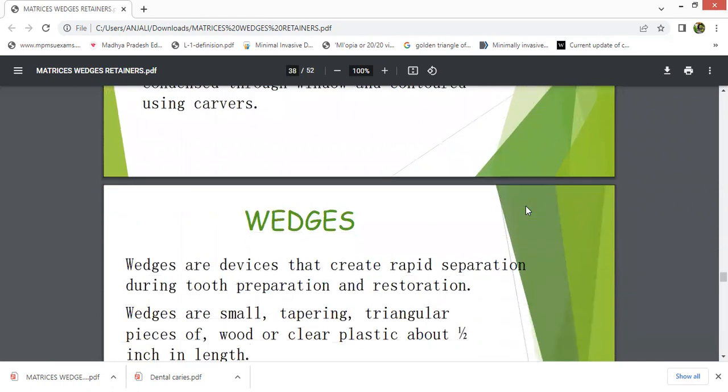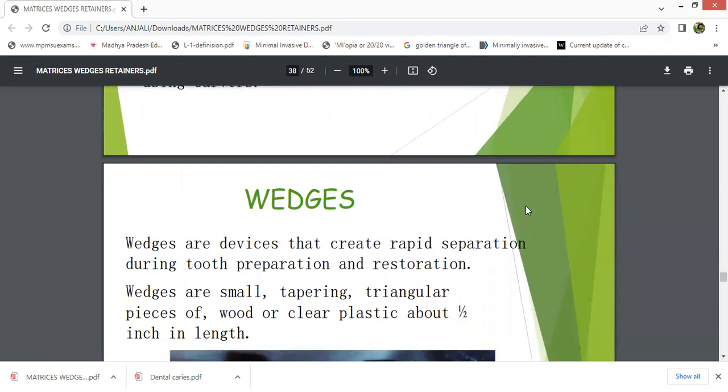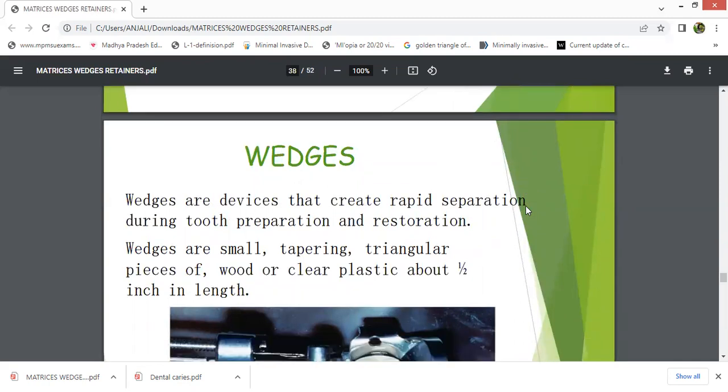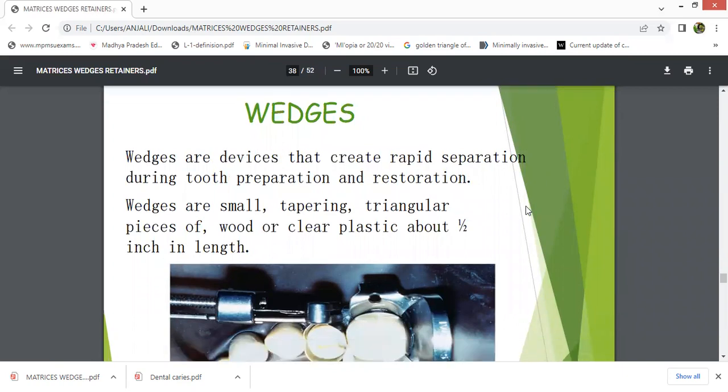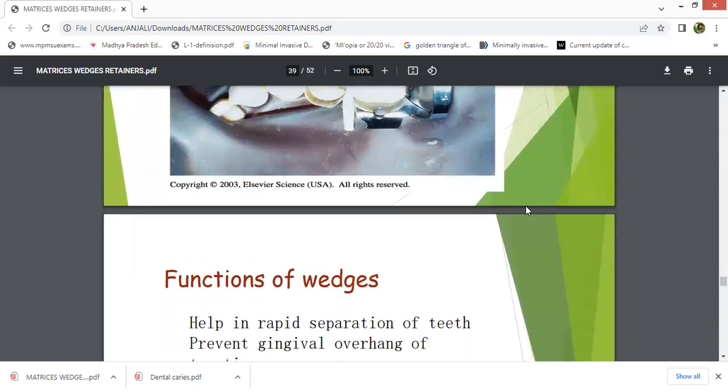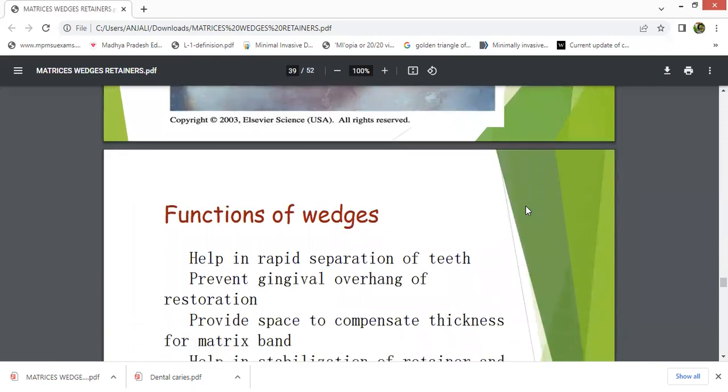Next is wedges. Wedges are devices that create rapid separation during the tooth preparation and restoration. Wedges are small tapering triangular pieces of wood or clear plastic about one inch in length. See the diagram. Function of wedges: